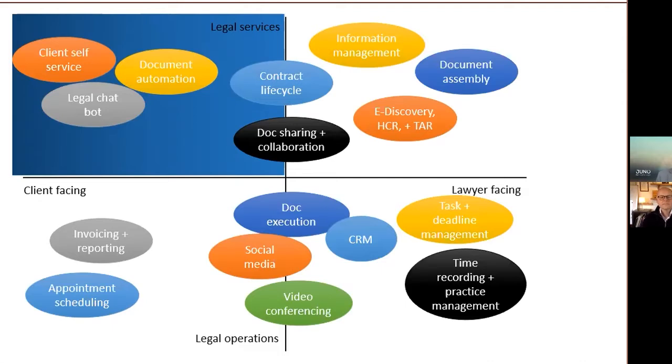The chatbots, the AI, things like that. And I guess what I want to emphasize is I actually think the other three quadrants are just as important. And these are what I call the lawyer tech options. So tools and technologies for lawyers, not necessarily to give legal services, not necessarily client-facing, may entirely be internal. But if you're starting from nothing or you're not really sure where to start,